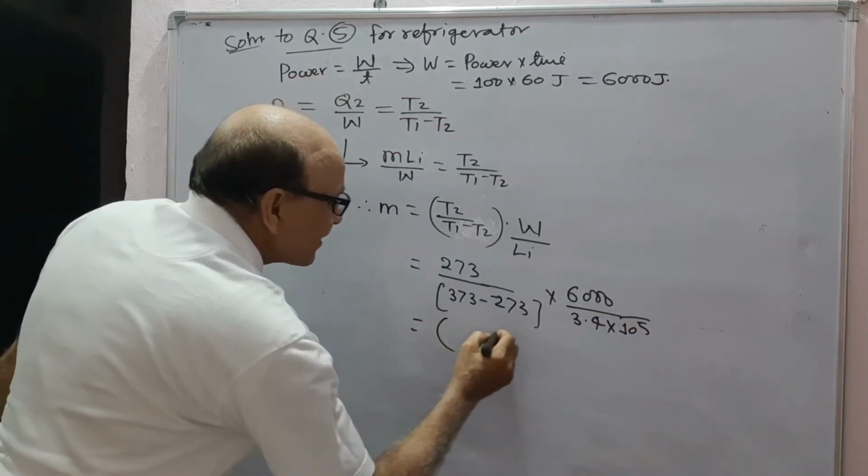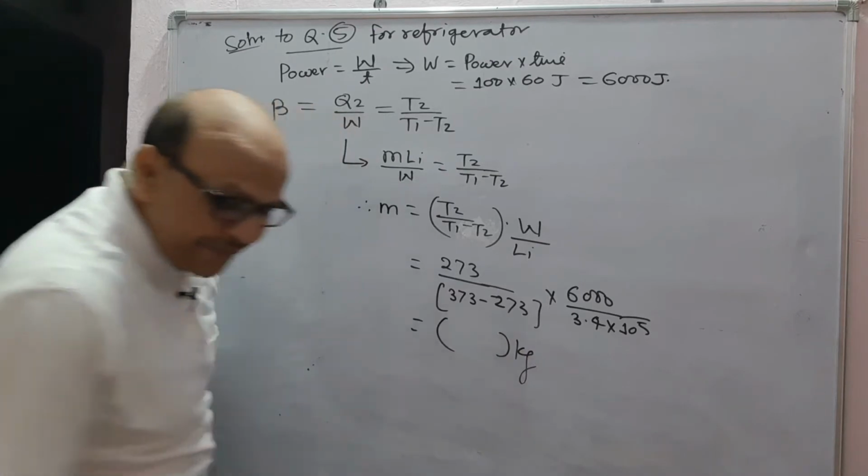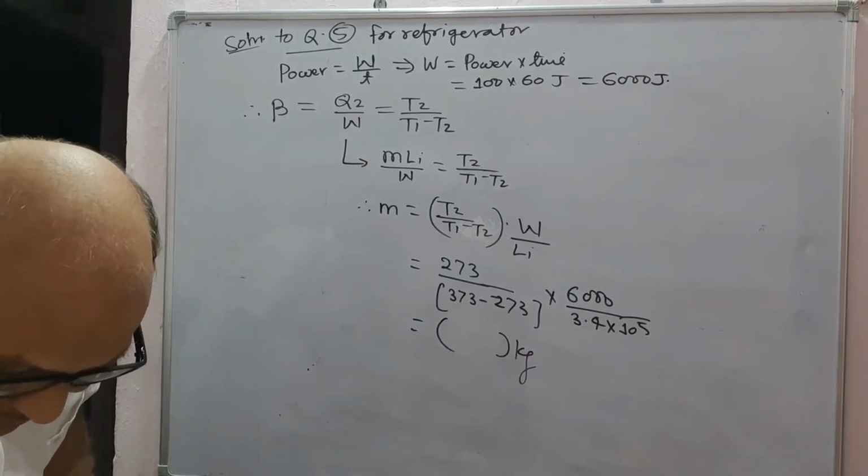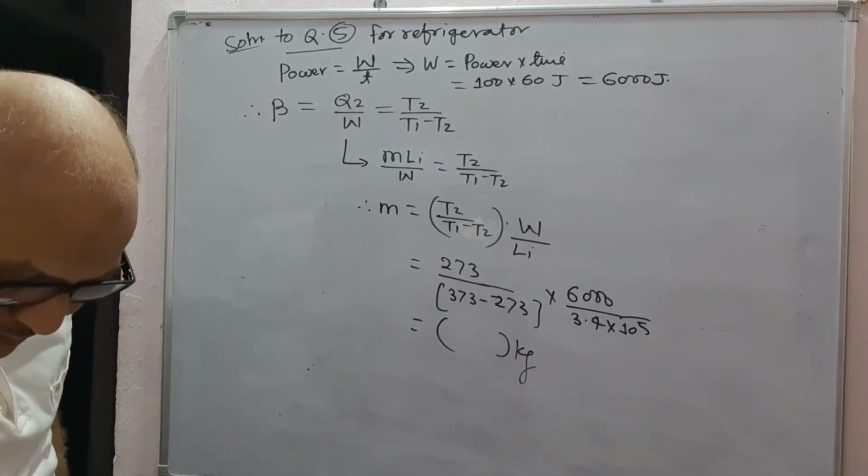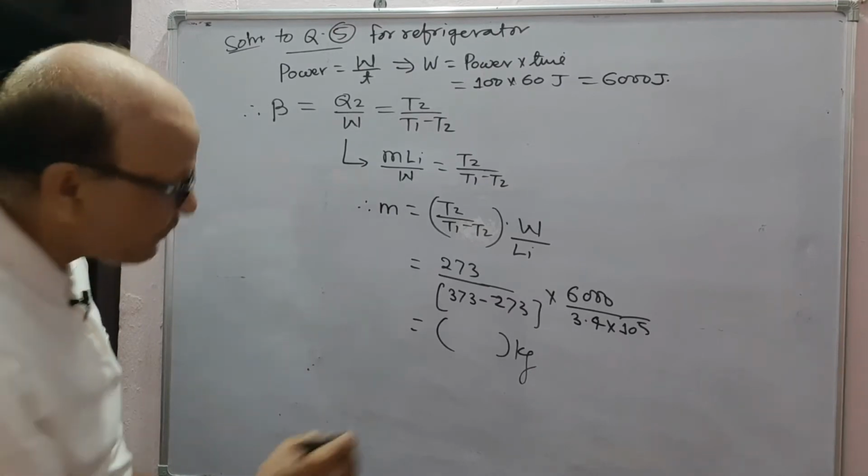So this much kg of ice will melt. This will be 0.0482